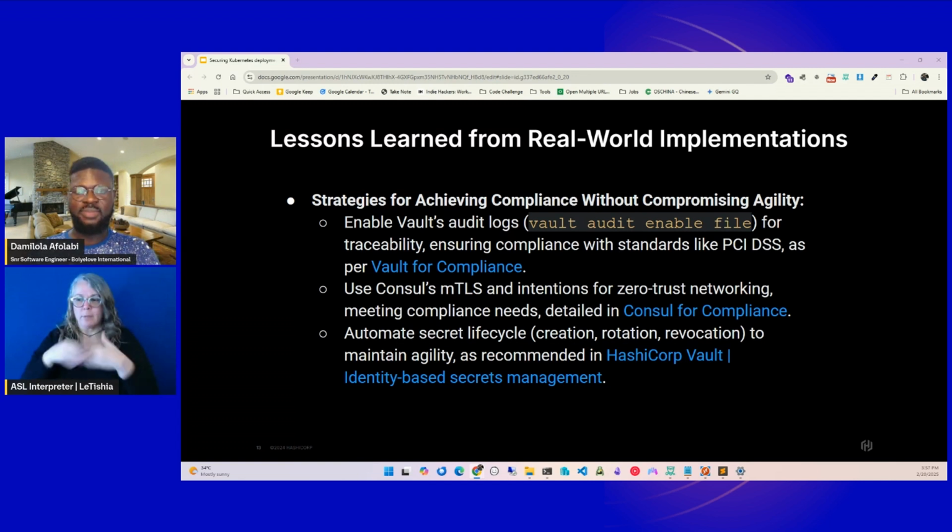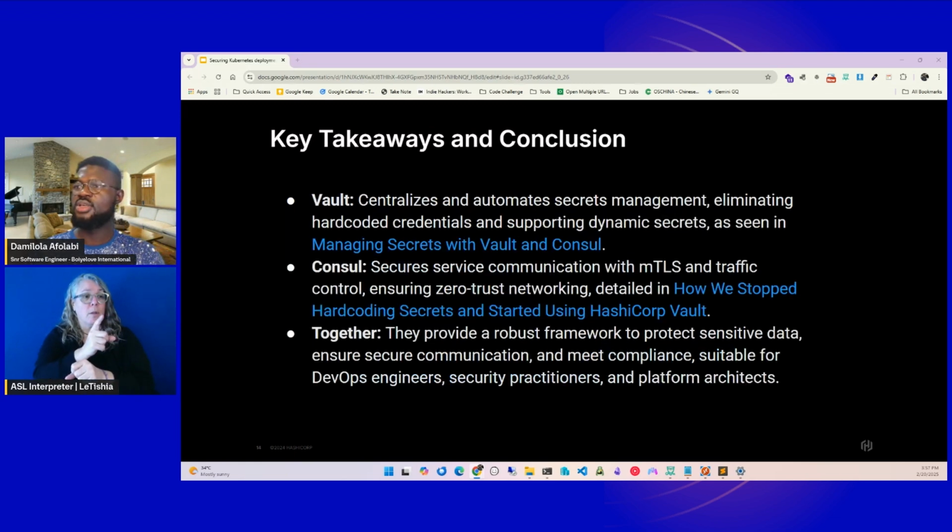Whether you're processing payments, managing healthcare data, or scaling e-commerce traffic, you can ensure that your environment is secure. So the key takeaways from here are: